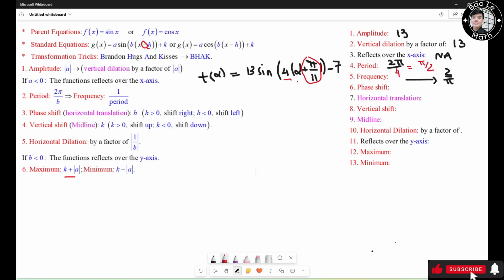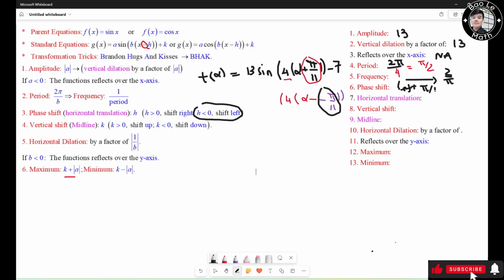So right here, I just rewrite this as 4 times alpha minus, because I have the plus sign right here, so I convert the plus sign into two negative signs, pi over 11. Now I have the value of h right here. It's going to be negative pi over 11. So this is negative, and if it's negative, it's going to shift left. So phase shift is going to be left